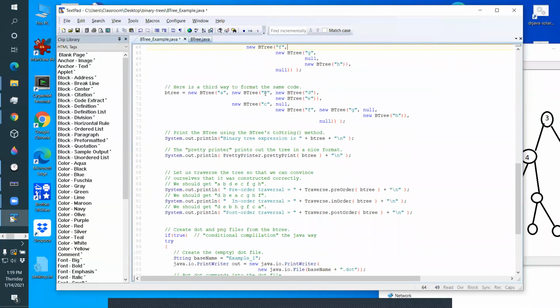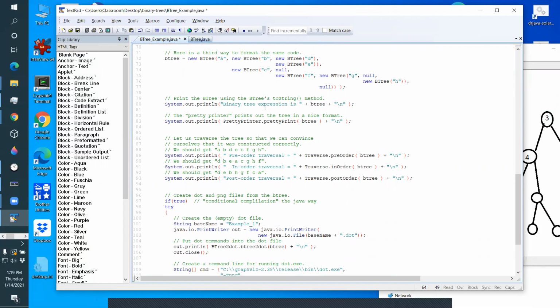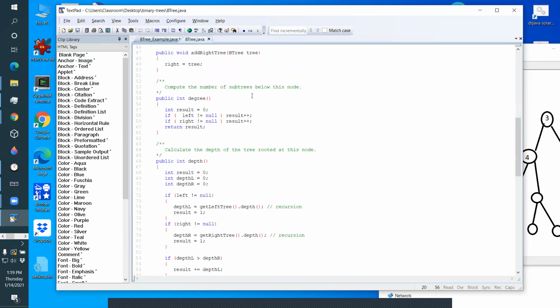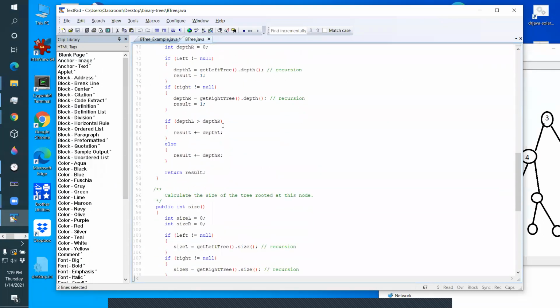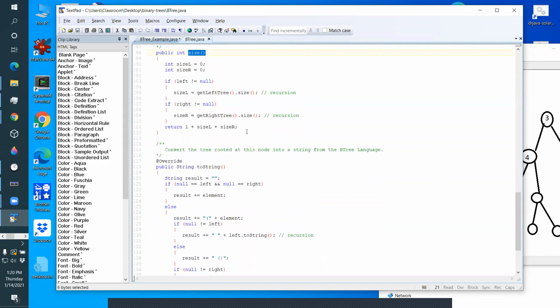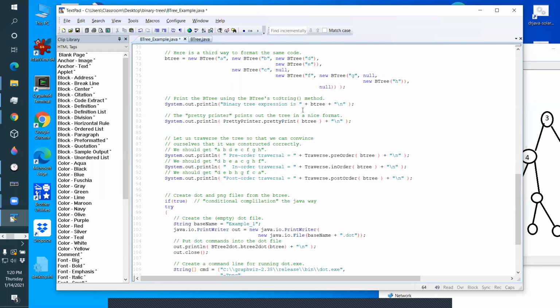once we have the tree built, we can do things to the tree. So, for example, I can print the tree out. Now, if I go look at the tree code, we have methods in the tree. So, for example, you can ask a tree, how deep are you? You can ask a tree, how many nodes are in you? And you can ask a tree to print itself as a string. Okay. So, for example, this line of code here